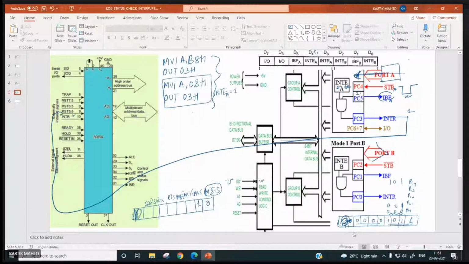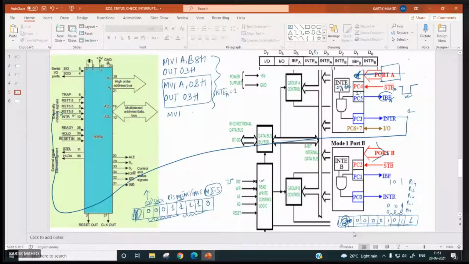MSE mask set enable has to be 1. R7.5, make it 1, not a problem. Make it 0. We do not want anything to output at SOD pin. So yes, serial output enable has to be 0. Put it 0 also. So SIM control word is 1E.